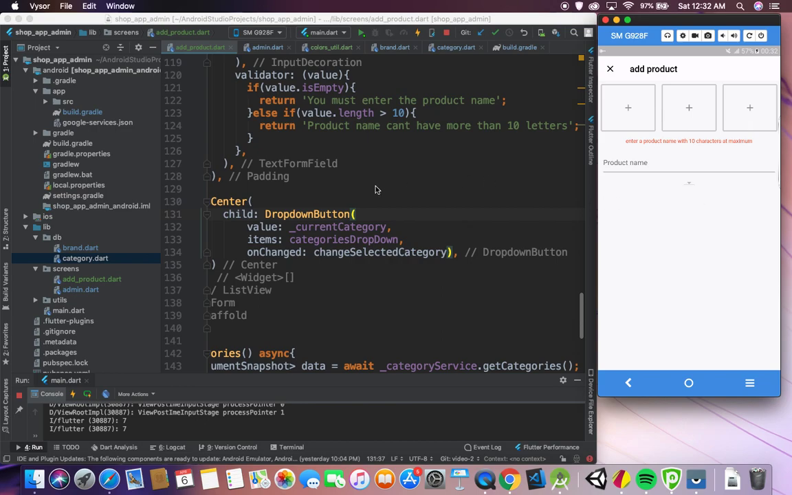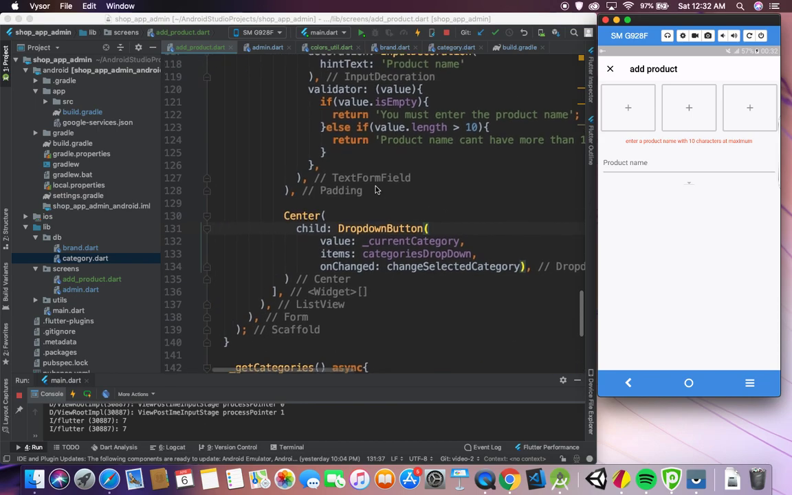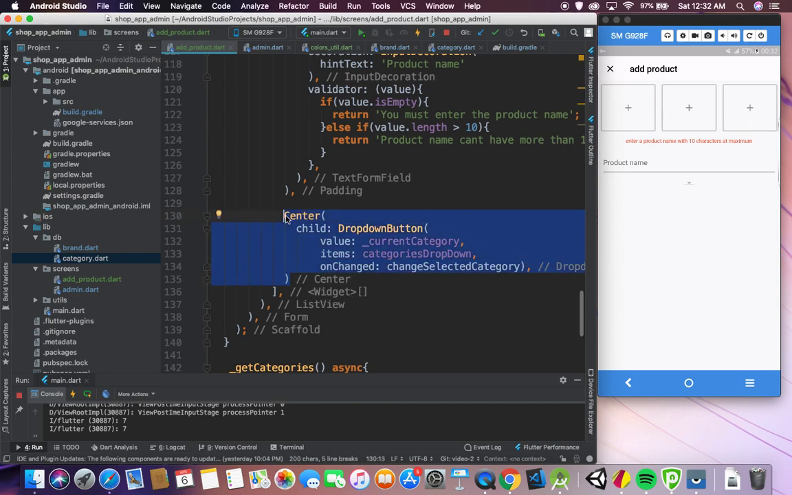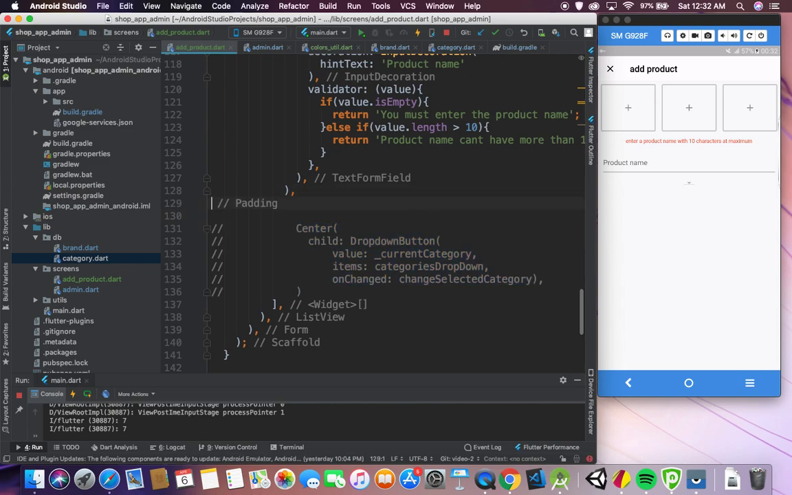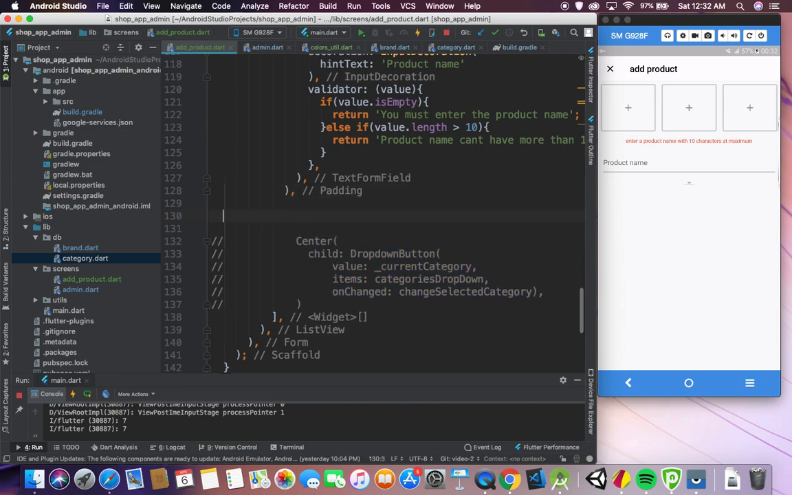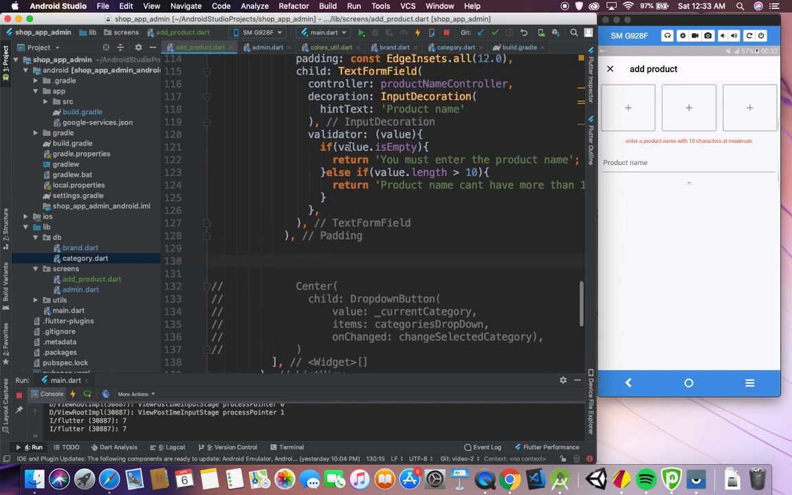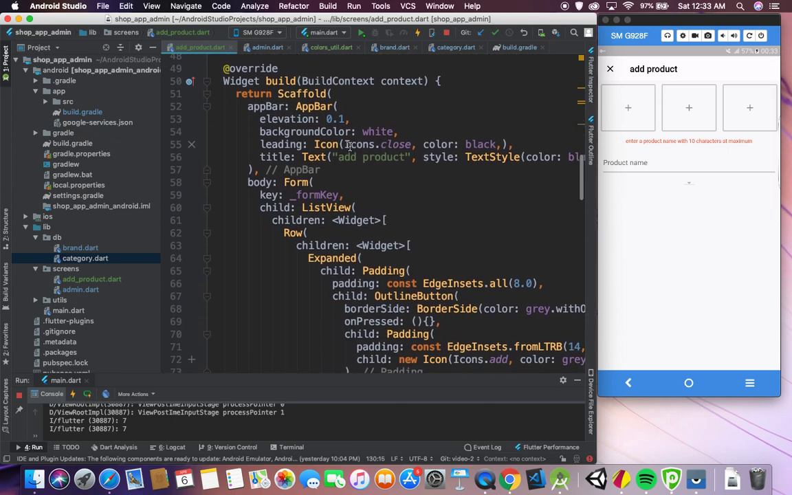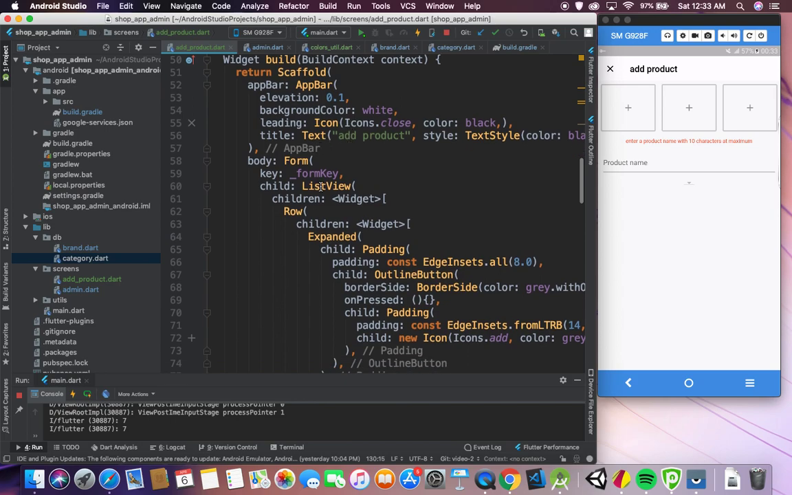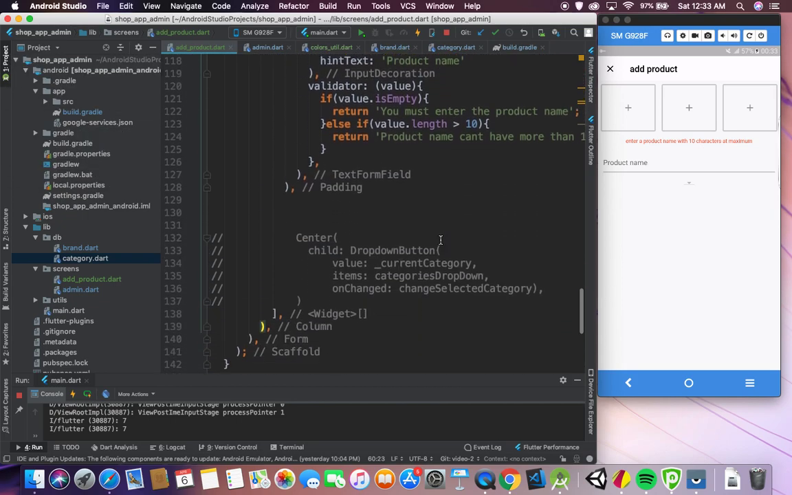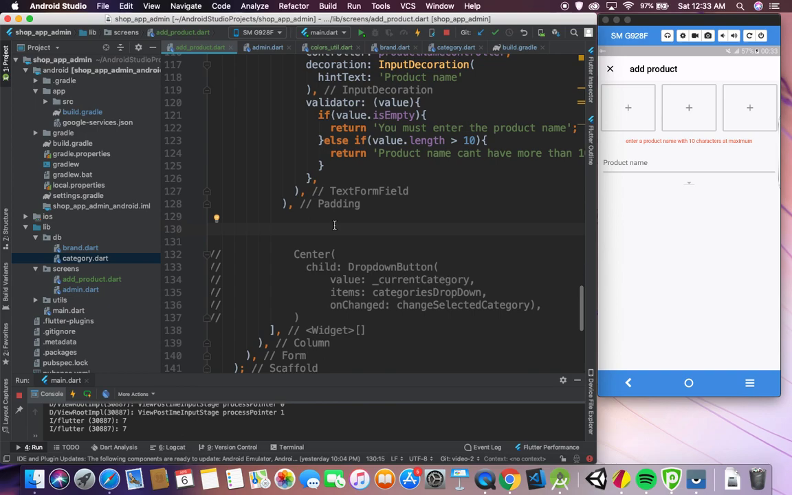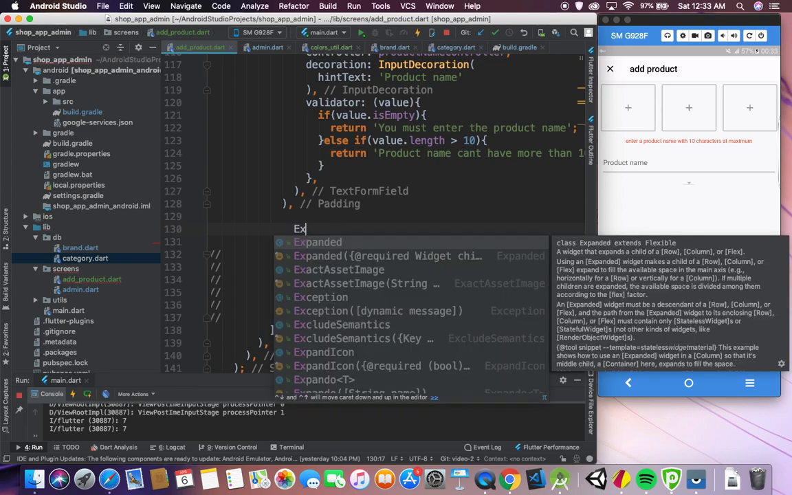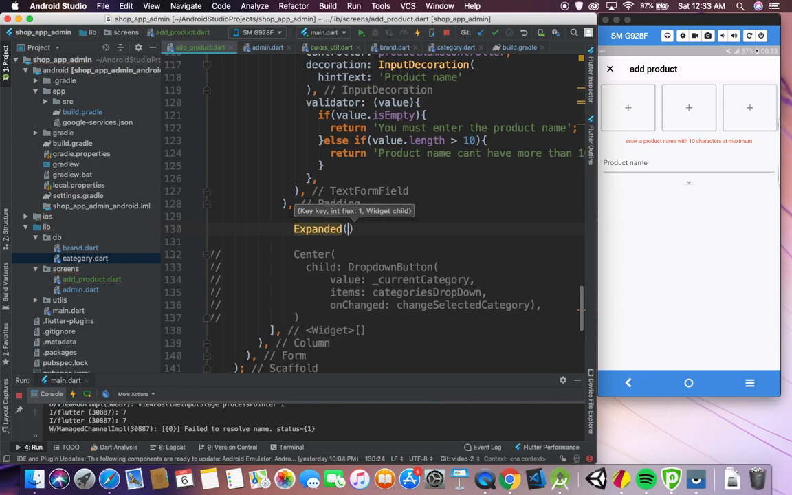Okay, this is nothing nice. But just to show you guys that we are actually now getting the values, we can just do a simple, let me suppose I will turn this list view that's inside of a form into a column, and I come down here, I'll use expanded, and then